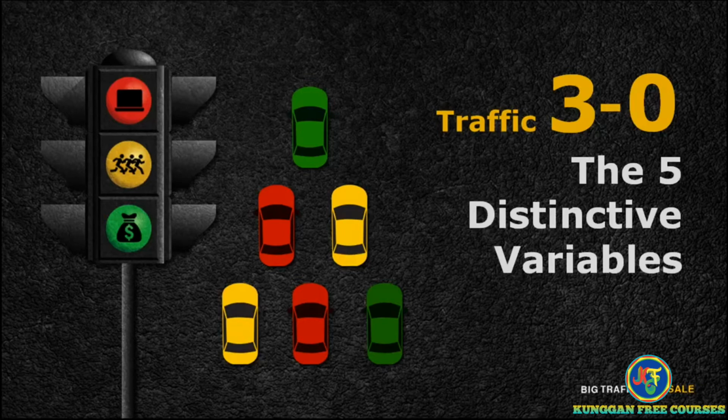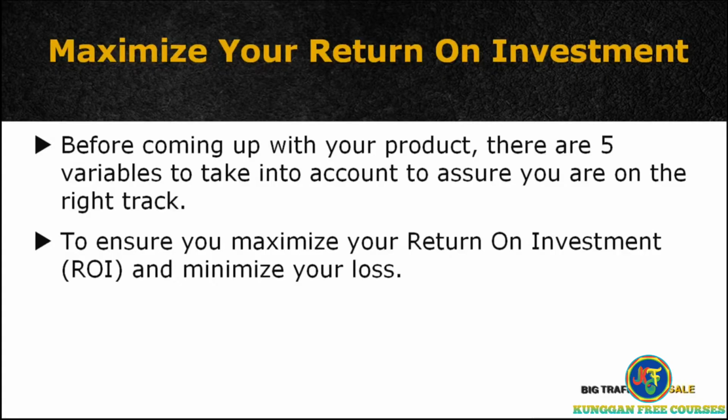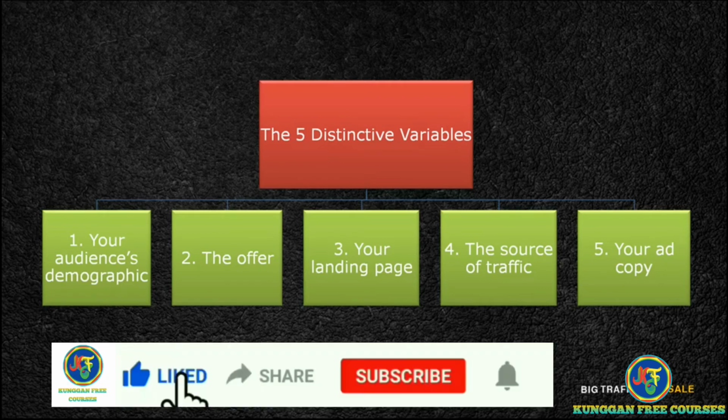This module applies the reverse engineering strategy shared with you in the previous module. When your ads aren't working, refer back to the 5 variables and remember to not have more than 2 unknowns out of the 5. If you do, it'll be hard for you to produce an effective ad to lure massive traffic. The 5 distinctive variables are: